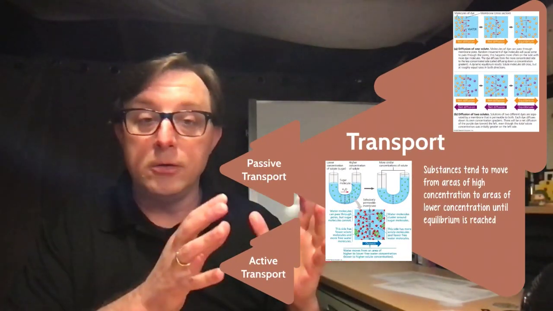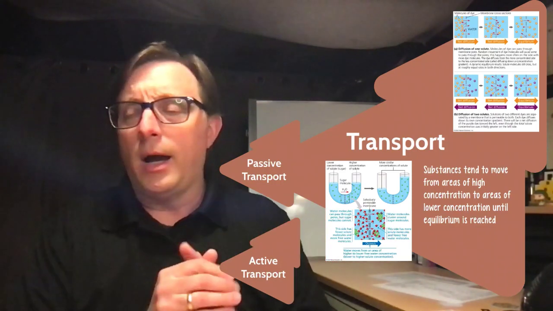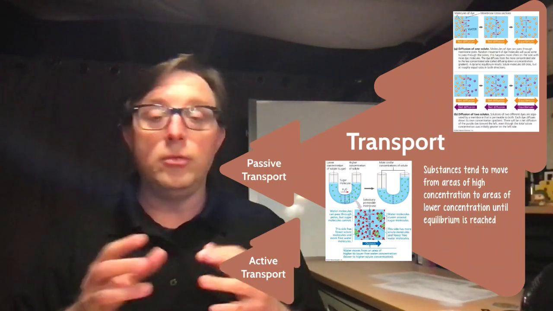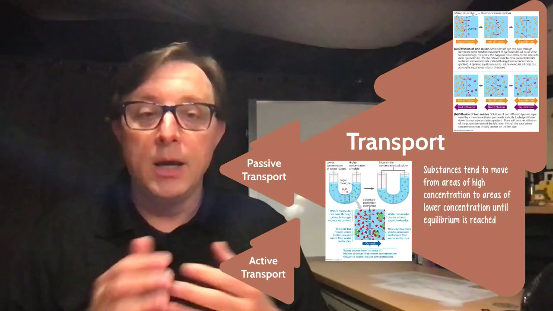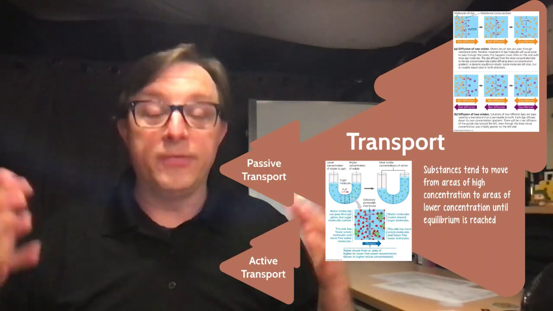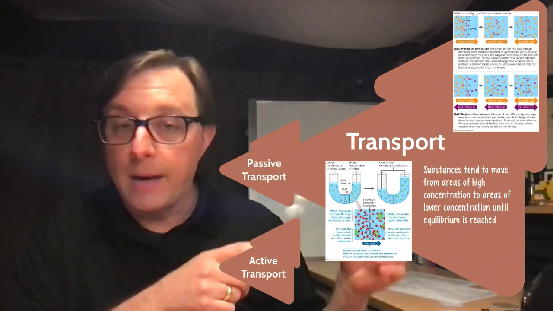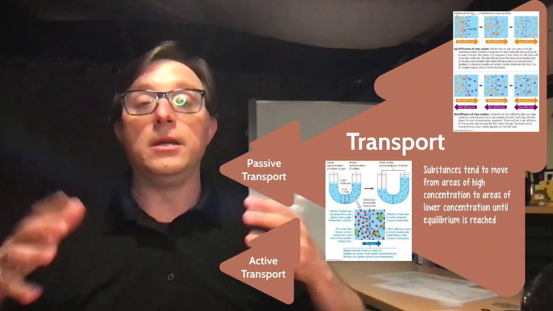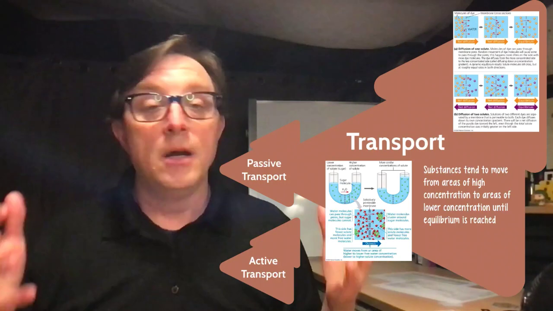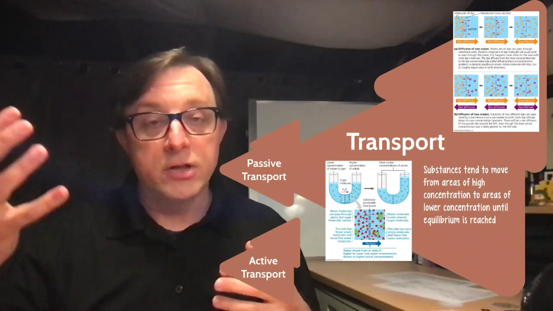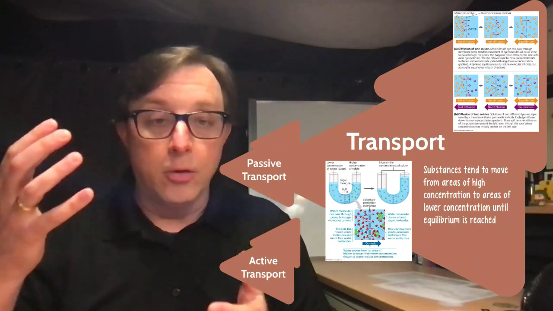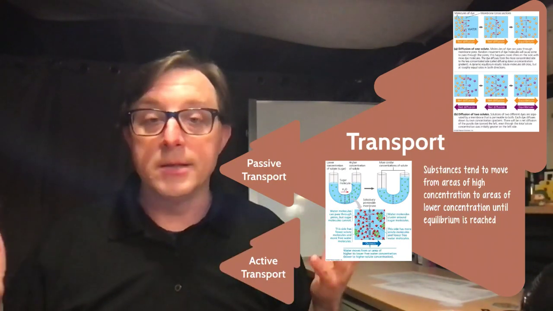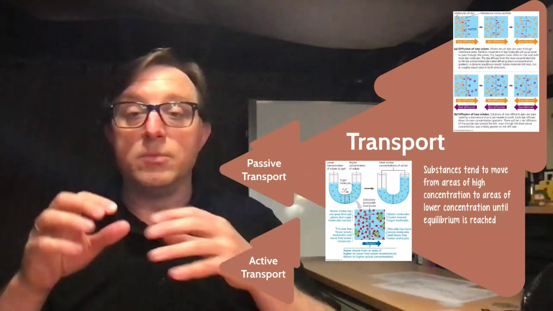Before we get into cell transport, we really need to talk about a few more general terms, mainly diffusion. I have the definition written over there. It's basically just the movement of substances from an area of high concentration to an area of low concentration. So we call this substances moving down the